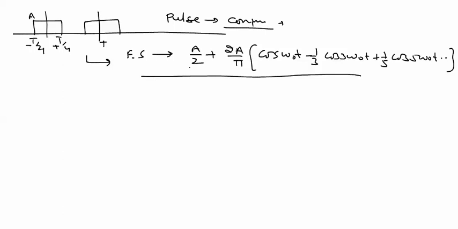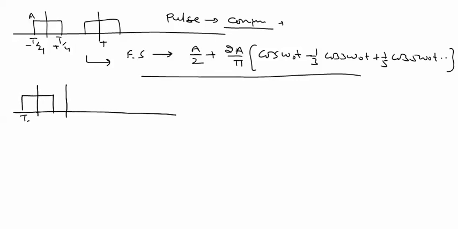We can use a different idea, just by taking double of this waveform, by multiplying 2 with this waveform, from minus T by 4 to T by 4, 2A by doubling this pattern,